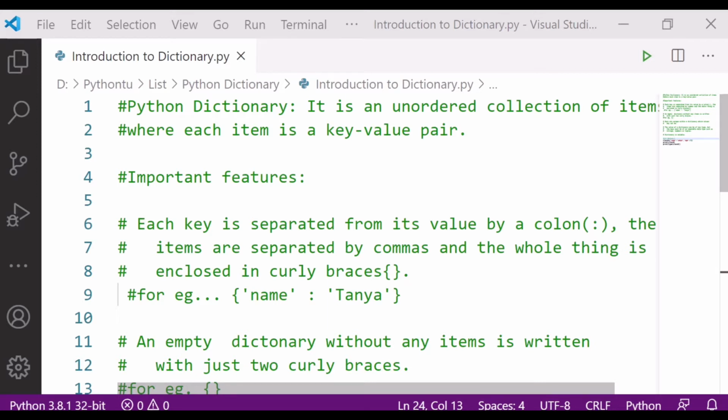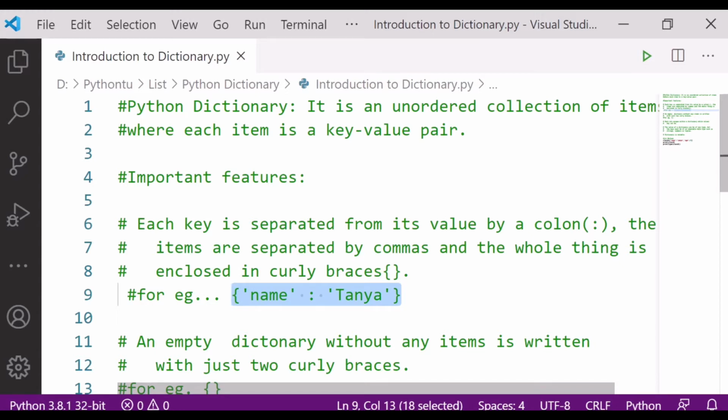So how would you do that in Python? For that purpose, we need the dictionaries. So here comes the dictionaries. I'll show you the example over here. You can see, it is looking like this.